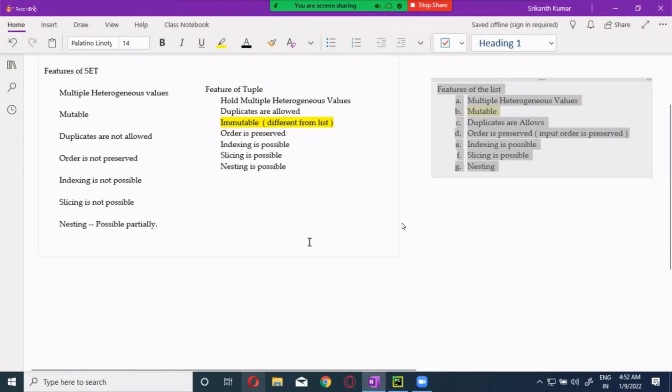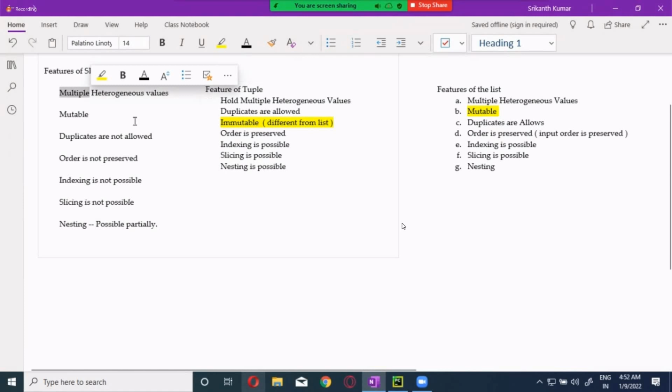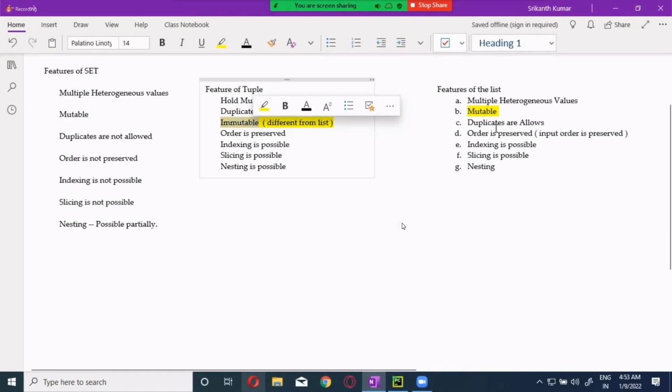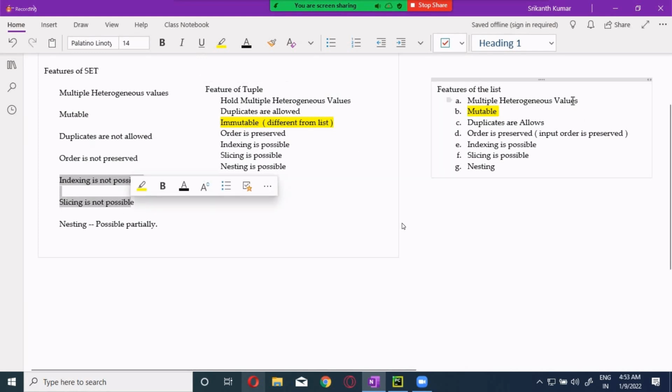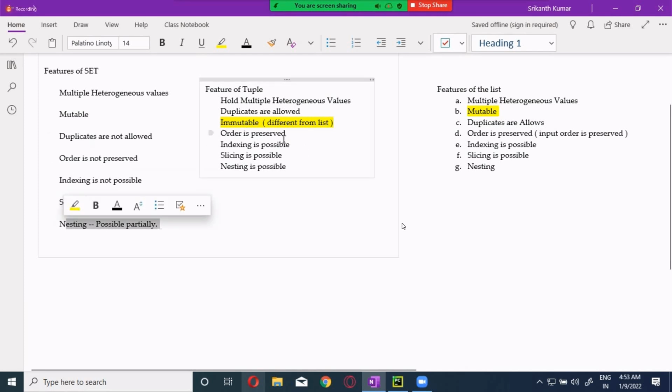You can see all the three. Multiple values, yes, all will hold them. This is mutable, but this is immutable. In both the cases, duplicates are allowed. In this case, duplicates are not allowed, and order is not preserved, so these things are not possible. In both the other cases, indexing and slicing are possible, but in this case the indexing and slicing concept is not there at all. Now in this, nesting is partially available. That is the way you have to remember this.